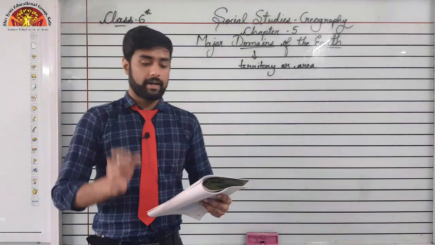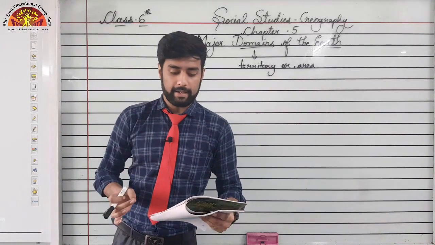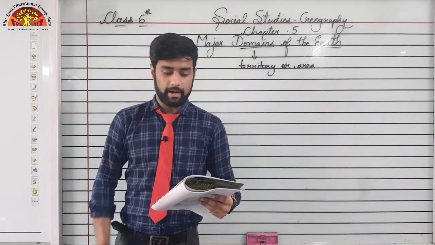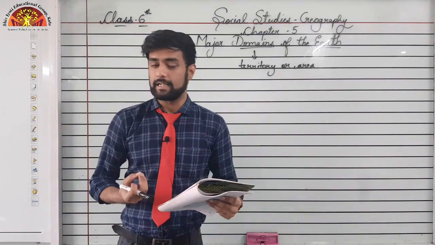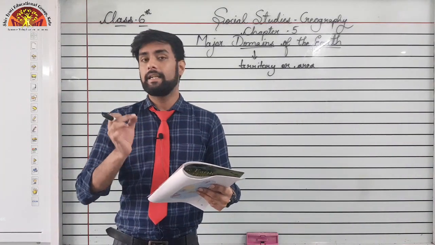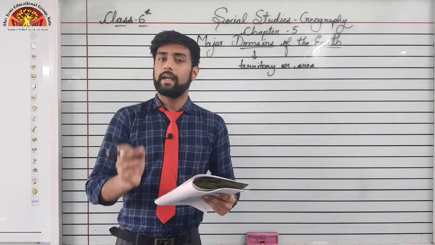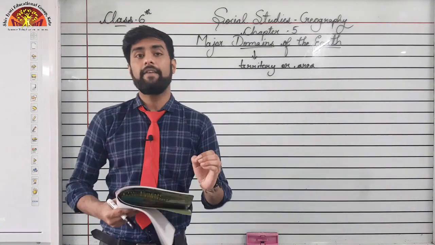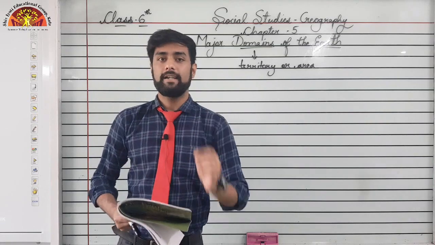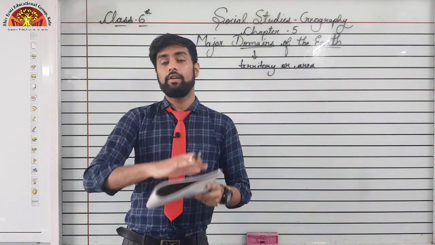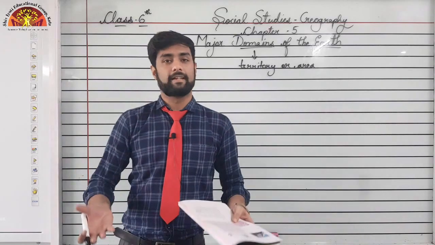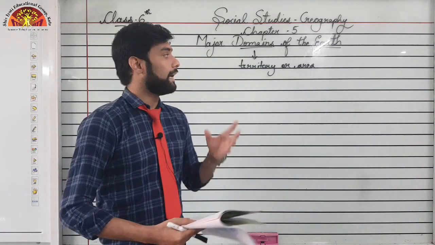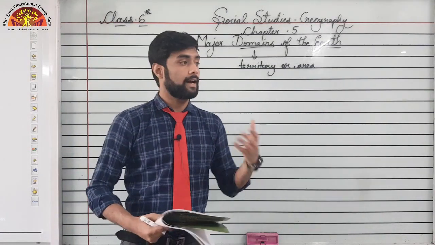So students, as you have read in the first chapter, the earth is the only planet which has life. We all know this, we live on our earth, right? Human beings, that is us, can live here because the life sustaining elements that are land, water and air are present on the earth. Why is life possible on earth? Because here we have the life sustaining elements, that is land, water and air. You will not find all of them in some other planets that we have discovered or the planets in our solar system. That is why Earth is a very unique planet, because it can sustain life. People can live here, plants can grow here.